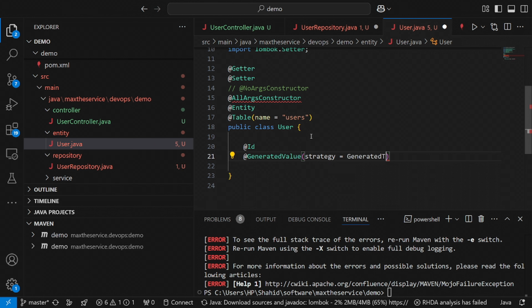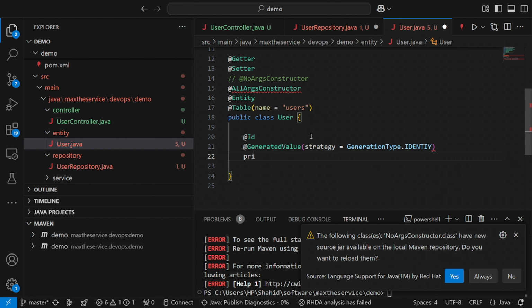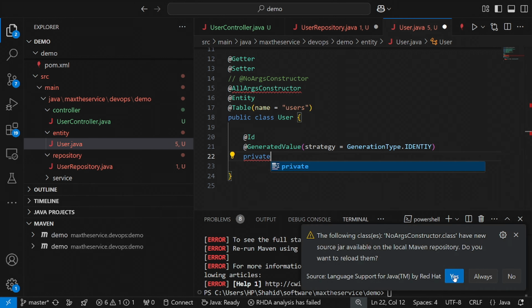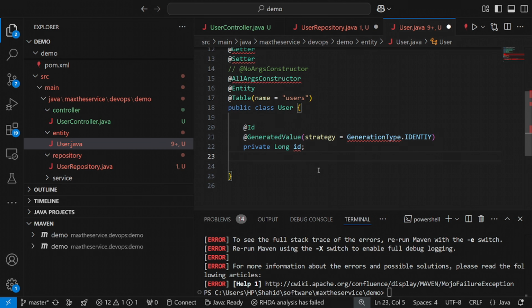GenerationType, sorry, dot IDENTITY. Okay, and now I will provide private Long id,